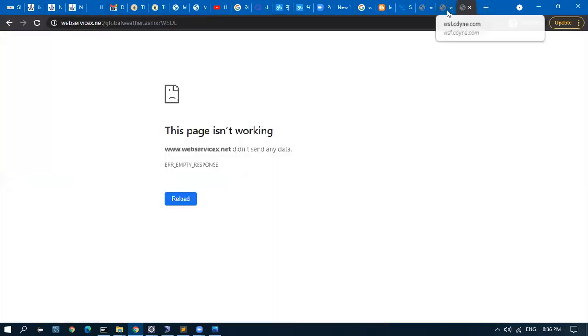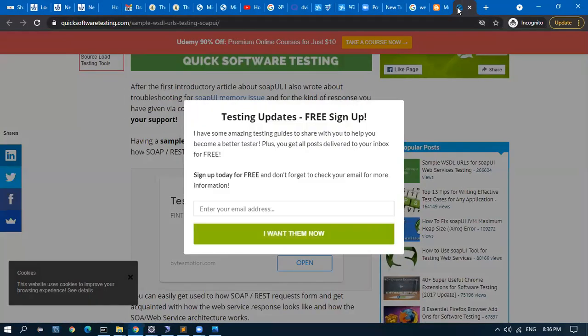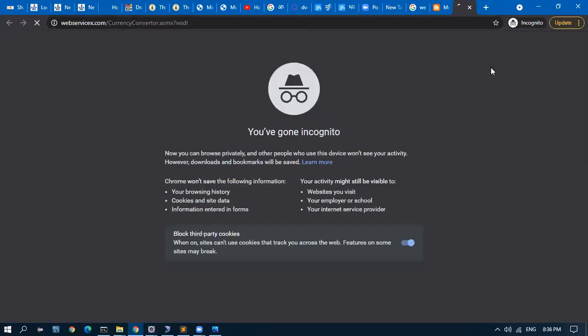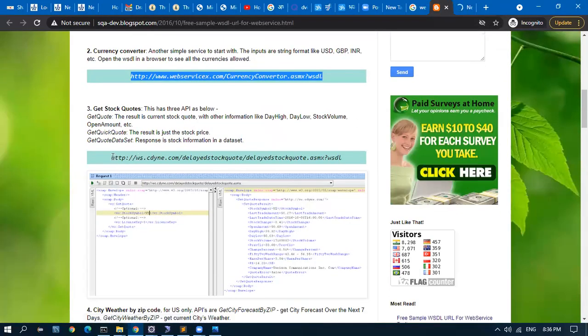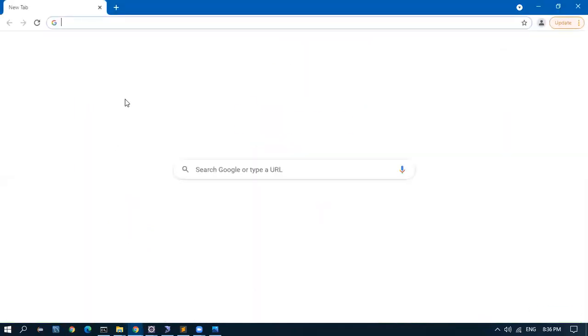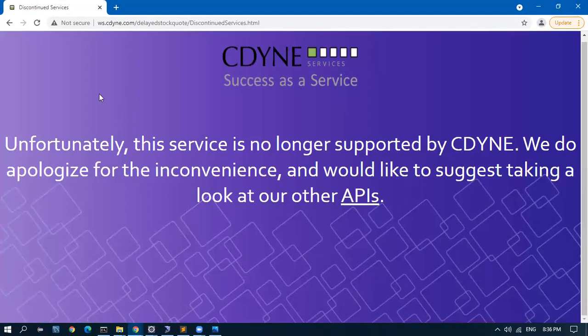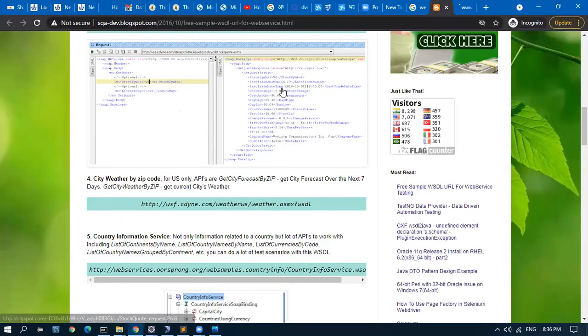Currency converter, let me see. Still, this doesn't come. Maybe I'll try a new window. The service is no longer supported. Okay. Or I'll take this. Yeah.